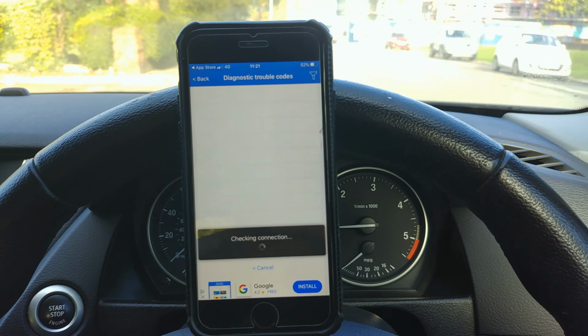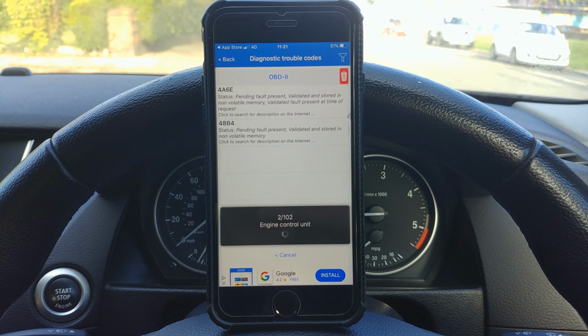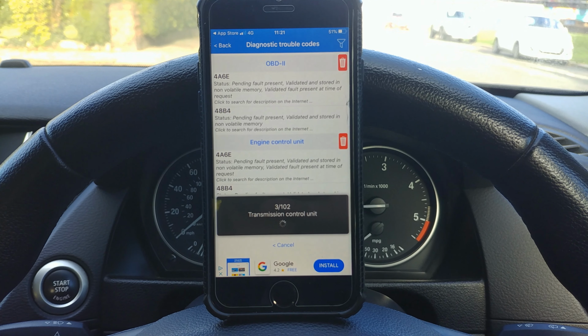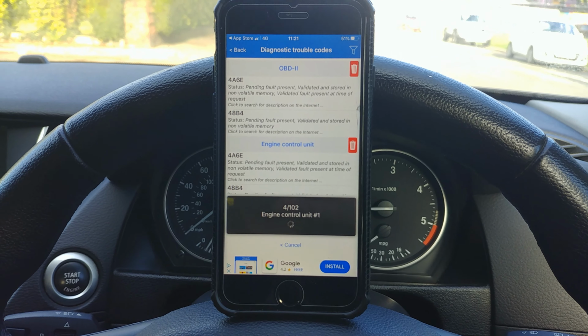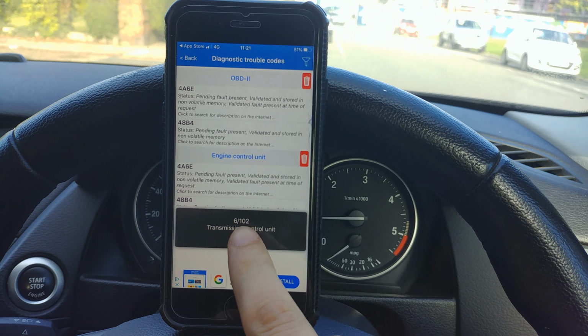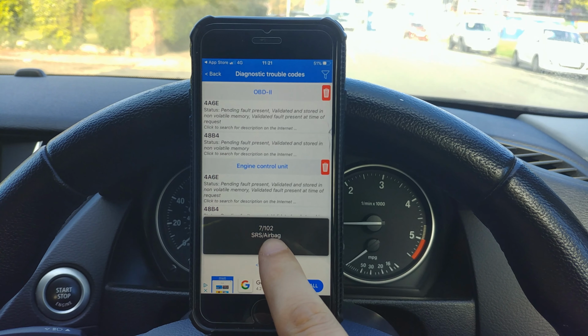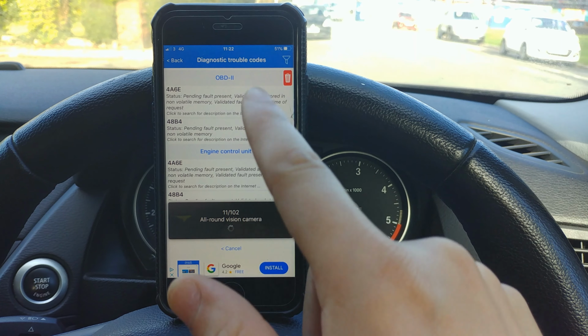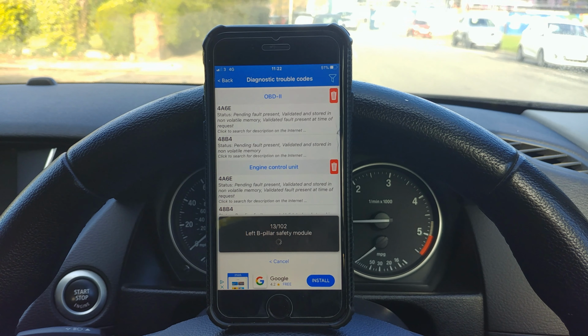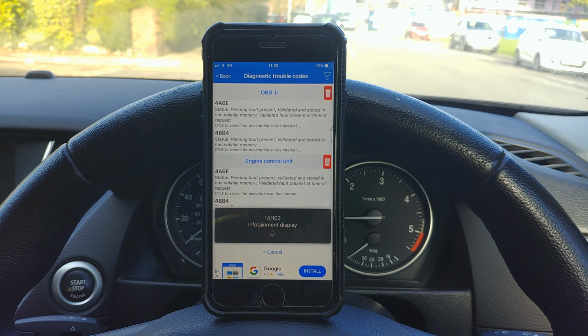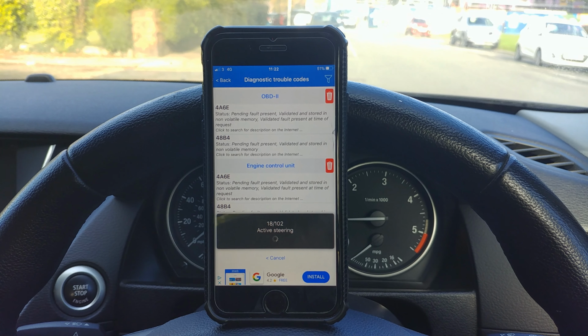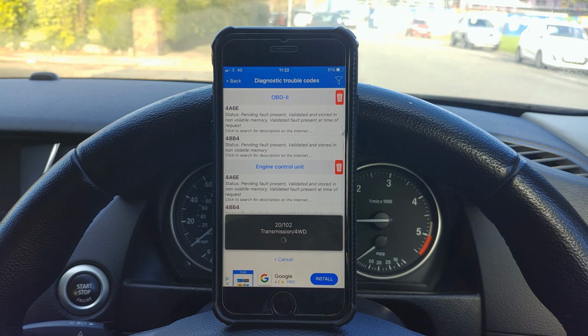So I already know something is going on with my car. I have already done this before and I have a list of a few errors to fix. So we can see here we have 102 sensors to check, and the first few sensors already have some problem. We can click on the error and see what it is through Google. So let's speed up the process, so let's talk at the end.